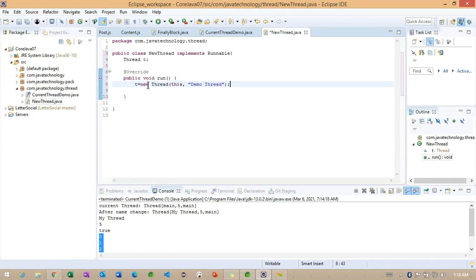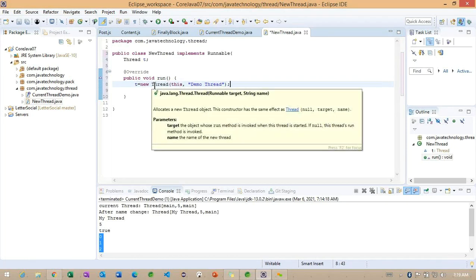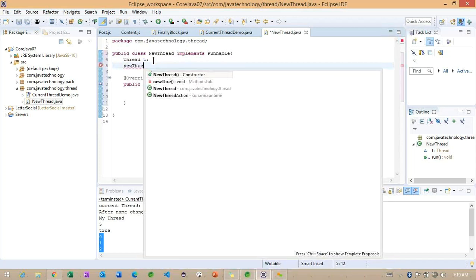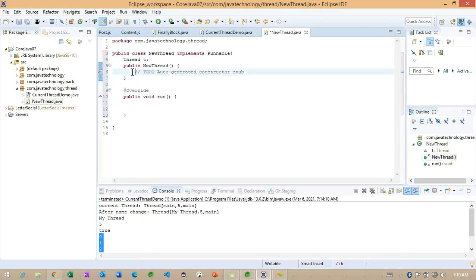Whenever we create this thread object, we need to implement this code inside this constructor of NewThread.